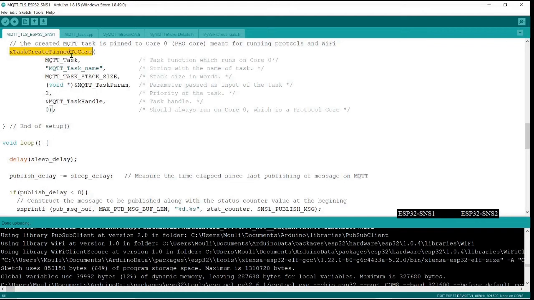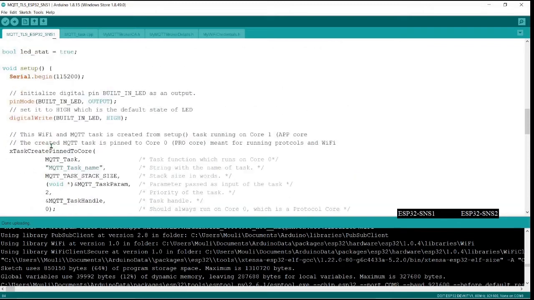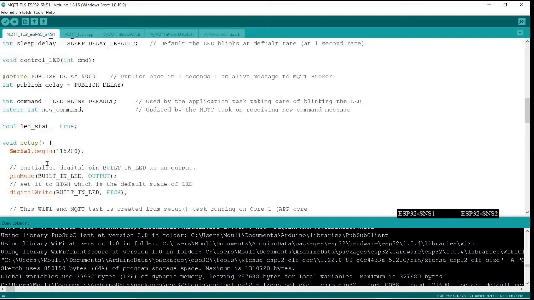One is the task you have created, running on core 0, because you said that it has to be pinned to core 0. By default, the setup itself is a task running on core 1. So now there are two things running in parallel.